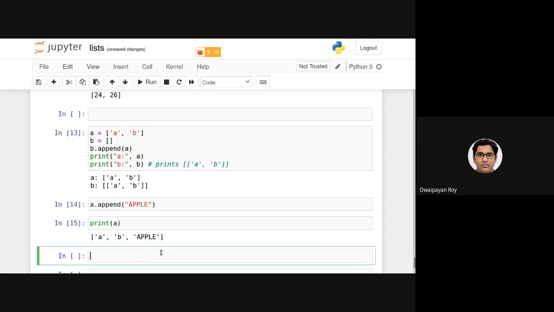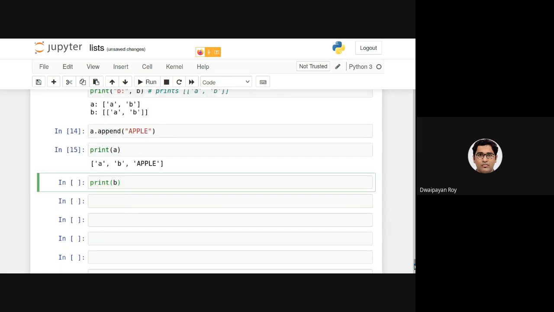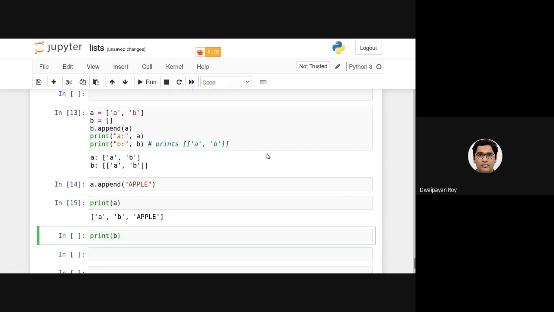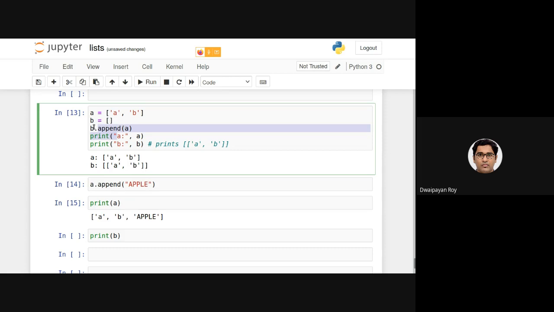But what if I print B, and what will be the output? This I want you to think of. So of course, what we want to do is, basically here I am appending the list A into B. That's why B is containing basically a list containing A, B.